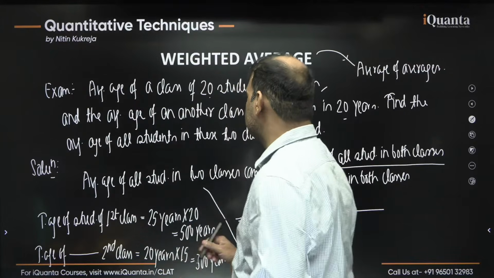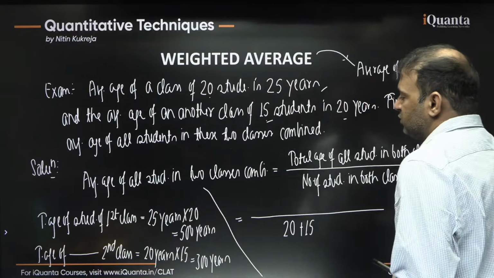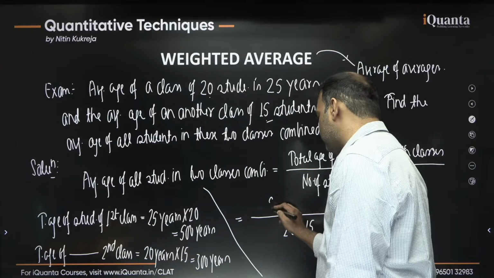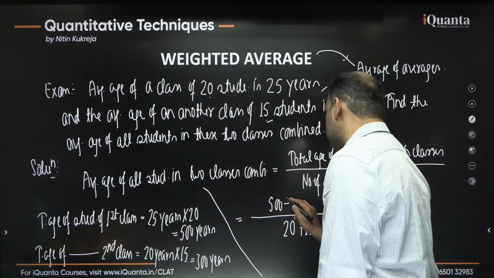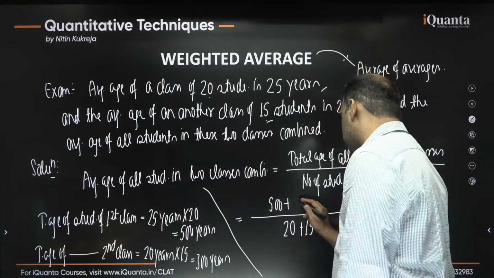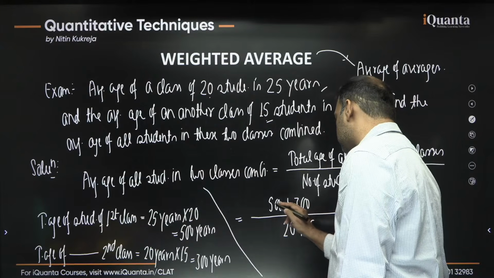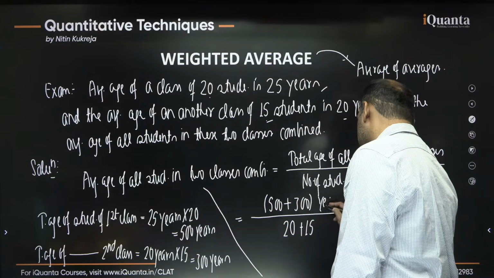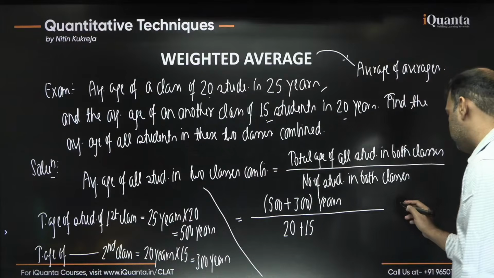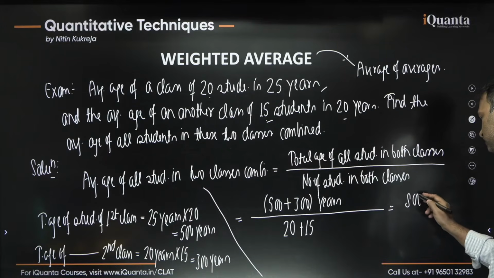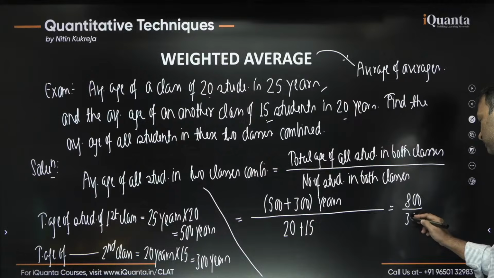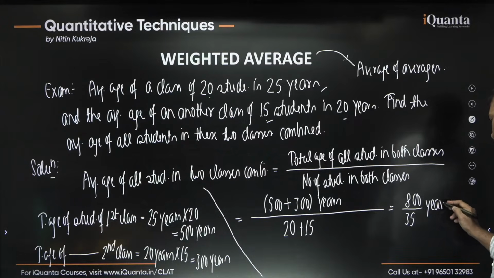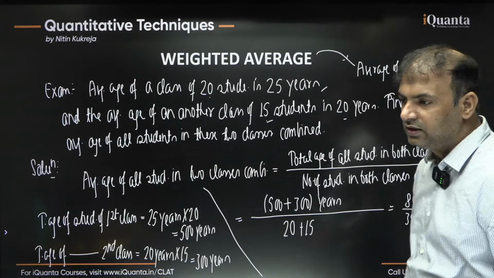So let's just write the data. The total age of the students for the first class is 500 years, and for the second class we can say it is 300 years. And 500 plus 300 is equal to 800, right? And 800 divided by 20 plus 15, which is 35. So 800 by 35 years is the average age of all the students in both the